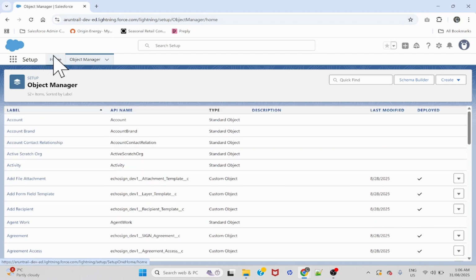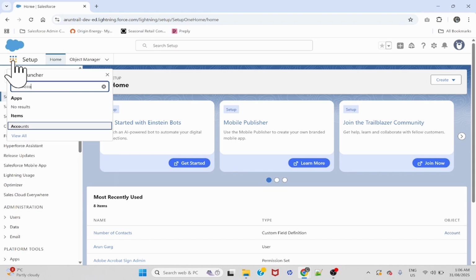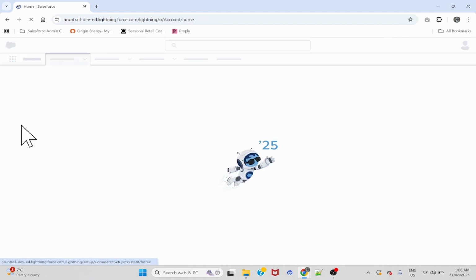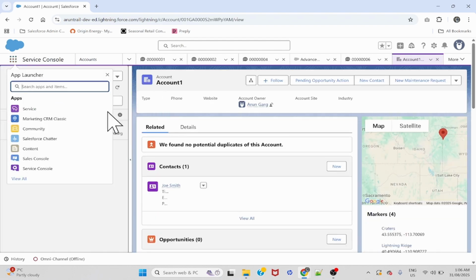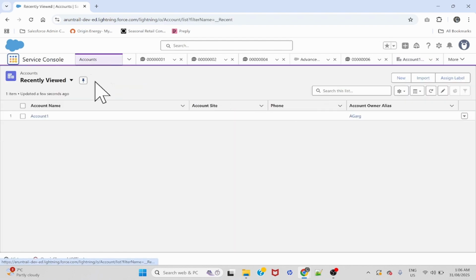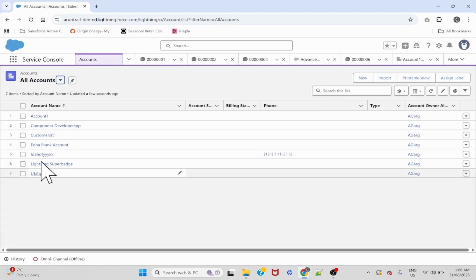Also, if you want to see the view of objects, here you can see the nine dots. We call it the app launcher. Let's search for account. You can search for the object from here as well, from this app launcher. This view will come up and we call it a list view. You will find all the records. This is recently viewed, but if you click on all accounts, you will see all the records